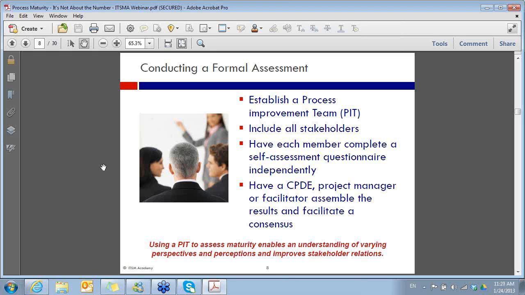If your customers perceive that your processes are bureaucratic or inefficient, then you need to address that, and you need to look at what changes you can make to your processes or perhaps to your policies in order to improve upon that. And you want to make sure that you have a certified process design engineer or a project manager or a